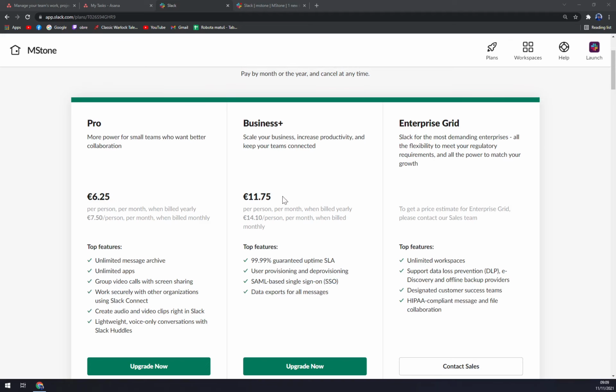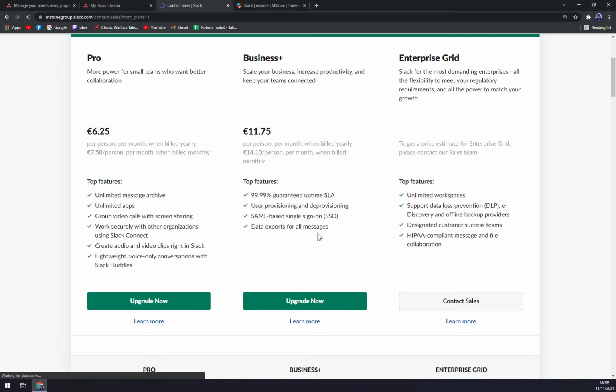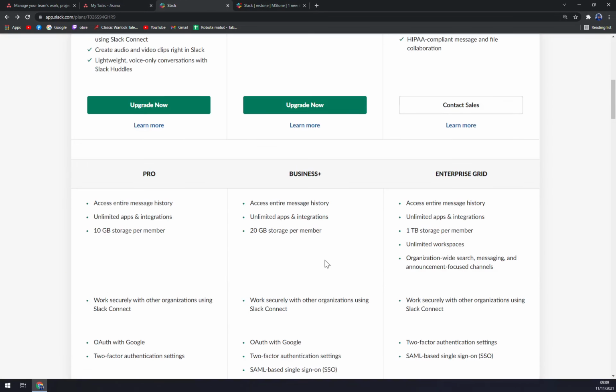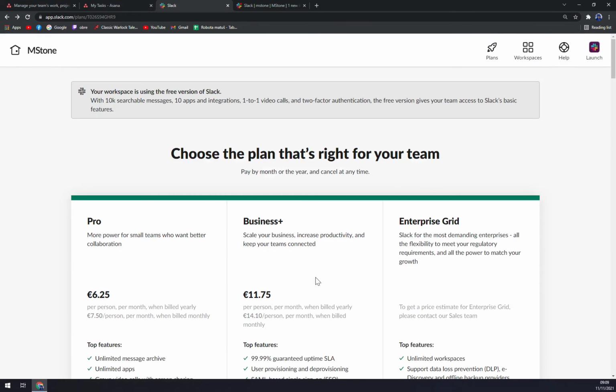Business Plus is $1175, and for Enterprise you basically have to contact Slack if you're interested, and they will tailor the option for you, so you don't have to go through it yourself. If Business Plus or Pro is not enough for you, you can go with Enterprise Grid, but you have to contact them and they'll check back with you to find out which one is the best for you.